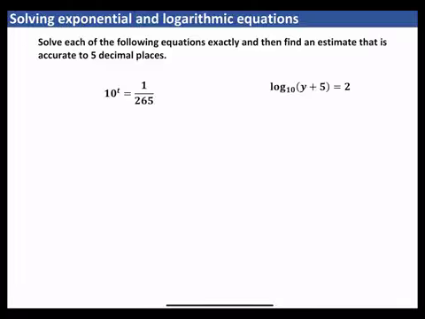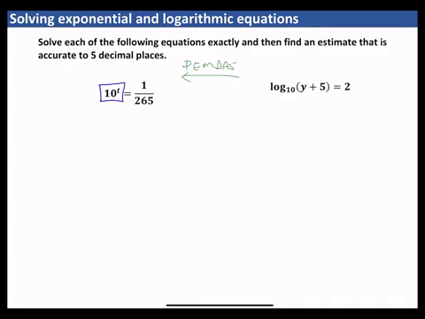All right, so we're going to solve each of the following equations exactly and then find an estimate that's accurate to 5 decimal places. In our first example, we have 10 to the t power equals 1 over 265. We know that we are solving, so we are going to work on undoing the order of operations. There's no addition or subtraction, there's no multiplication or division, so our first step is immediately to figure out how